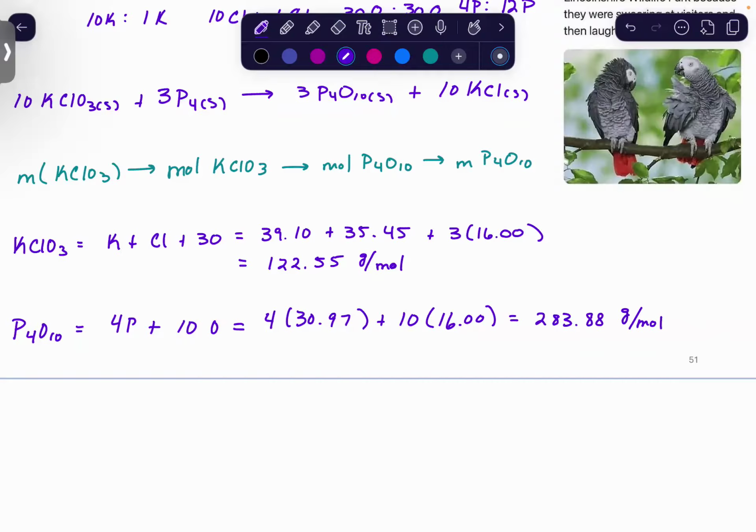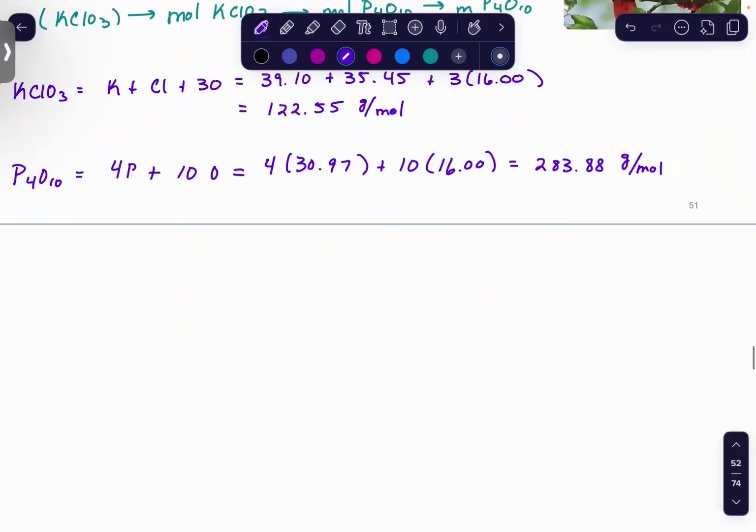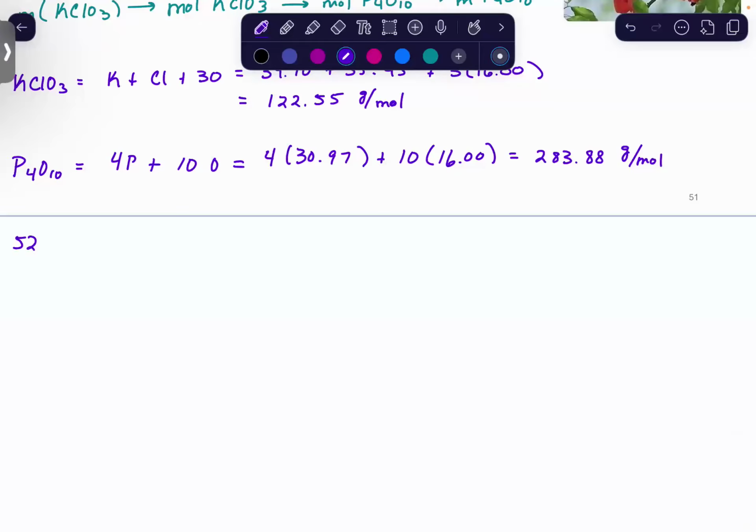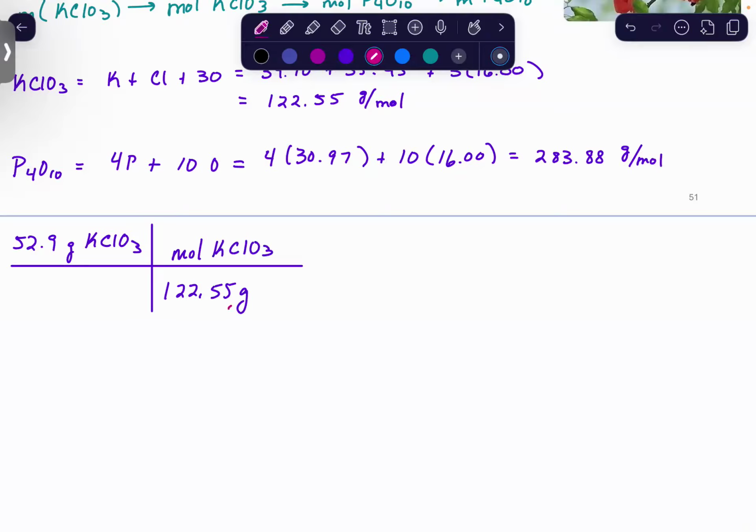Okay, so this one I'm going to do in steps, but I'll show you both ways. You can do your calculations in steps, or you can do them as one long calculation. So how many grams of P4O10 am I going to get? Well, let me start with the 52.9 grams KClO3, and I need this in moles. Well, how do I do that? I take the mass and I divide by the molar mass, which is 122.55 grams per mole of KClO3. You see that grams divides out, and this is going to end up giving me 0.4317